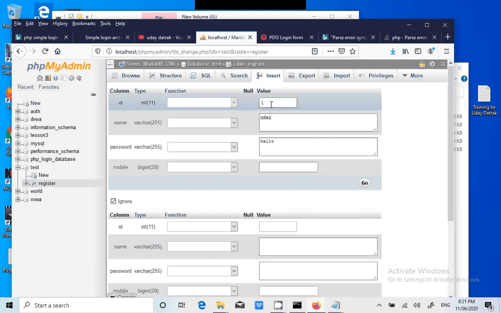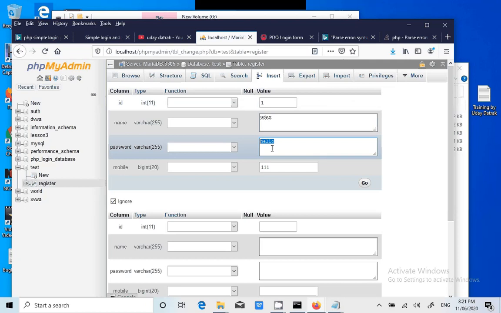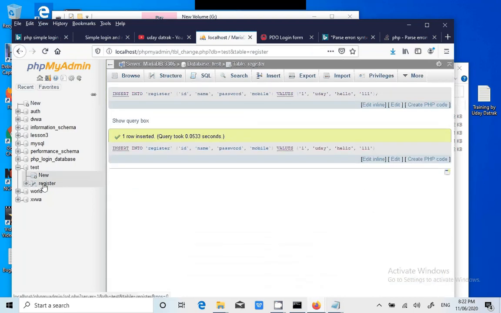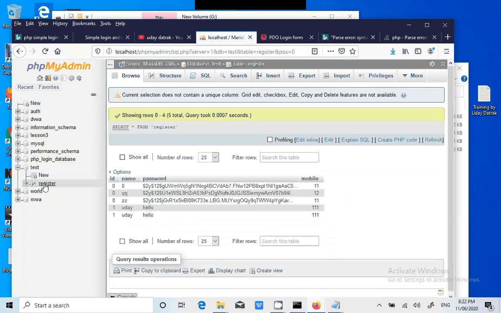First you need to hash your password using some online feature. I'm also giving you the clue. For example, try to hash this particular hello world and then enter that hashed value here. Click go. Then enter your username as Uday, password as hello. This will be inserted now. But the thing is that you cannot log in with that, because the password should be hashed in the database here.